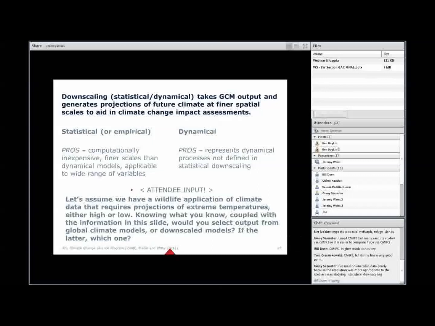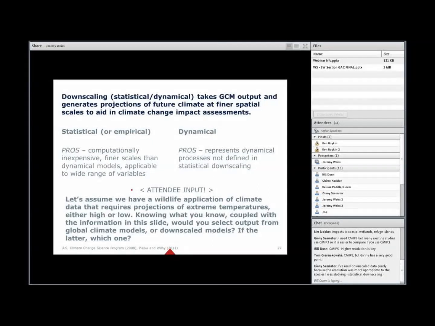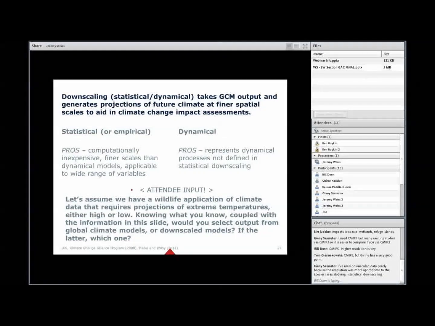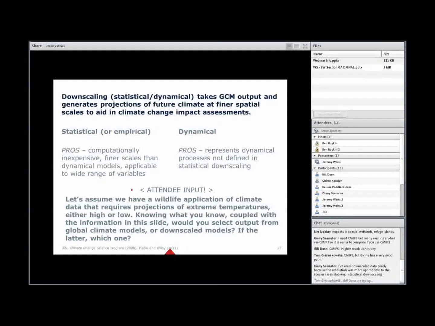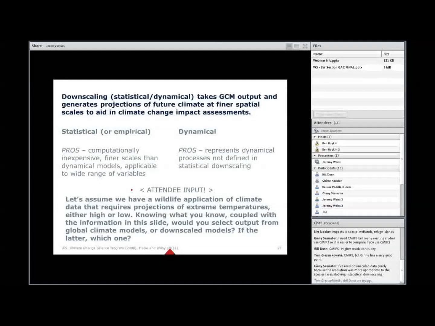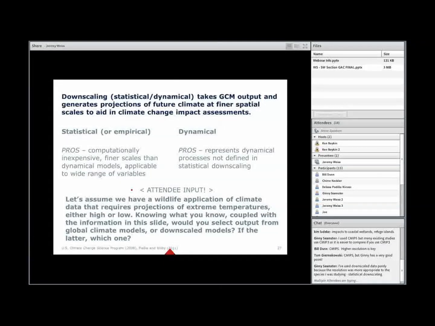Okay, more statistically downscaled data. And again, yes, a very important point there. The ability to understand what you're working with is very key, and we'll definitely beat on that point continuously through the rest of the presentation, the webinar this morning, and some more statistically downscaled model experience there.